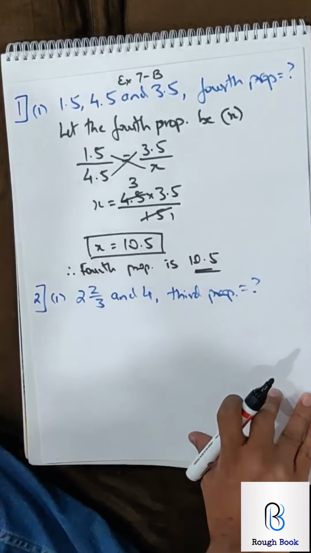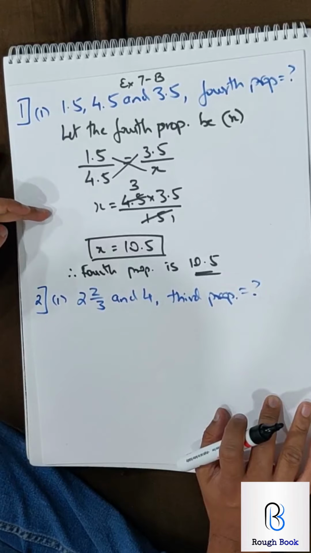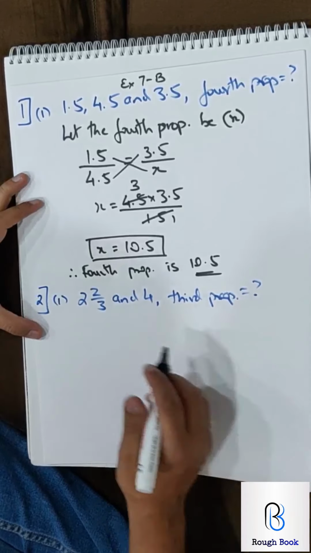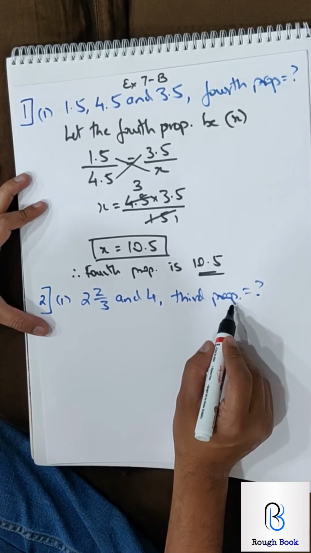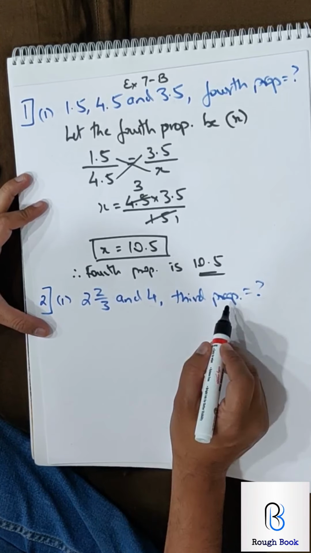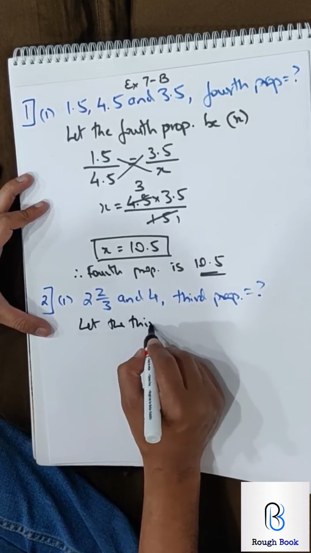Let's go ahead further. The second part 1. You can do part 2 for yourself obviously. I am doing second part 1, which is these two numbers, find the third proportion. Now obviously if there are 3 terms it has to be continuous and the third one is missing. So you will say let the third proportion